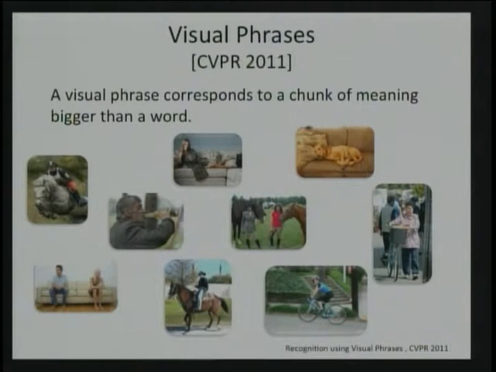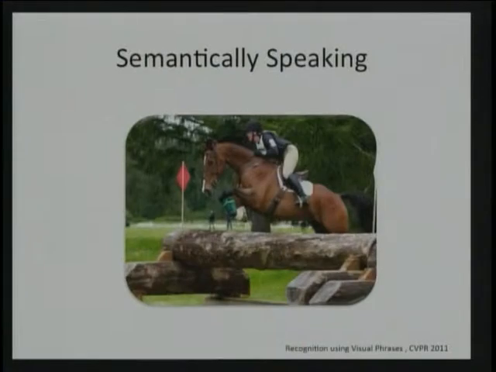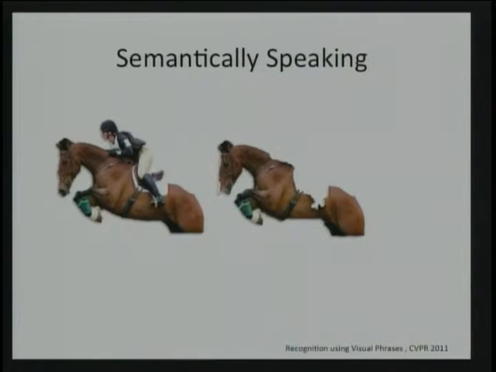Similar to definitions of objects, attributes, parts, there is no crisp definition of what exactly a visual phrase is. One way to think about it is that a visual phrase is a part of an image that's natural to cut out. So if I show you this picture and give you a pair of scissors and ask you to cut the main actor out of this picture, what would you cut out? Would you cut the person riding a horse as one entity or just the horse?